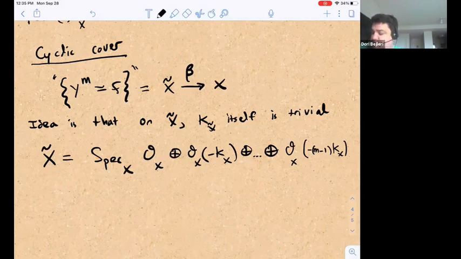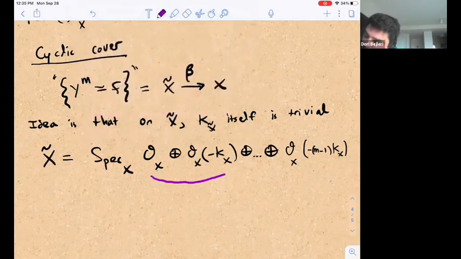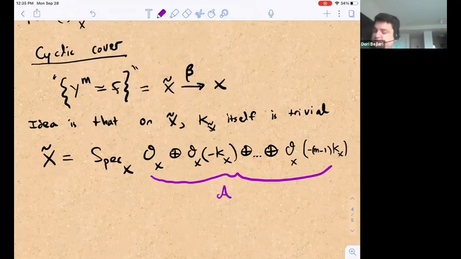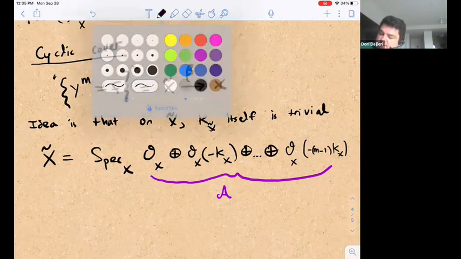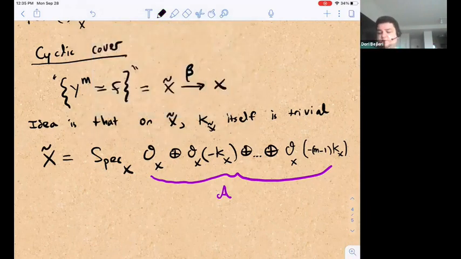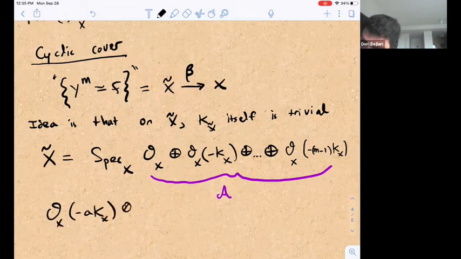It's going to be a graded algebra. So let's call this whole thing A. It's going to be a graded algebra because I presented it as a direct sum. And how do I define maps from A tensor A to A, this multiplication map? Well, I need to define them on each summand separately. So I need to define maps O_X of minus a K_X tensor O_X of minus b K_X